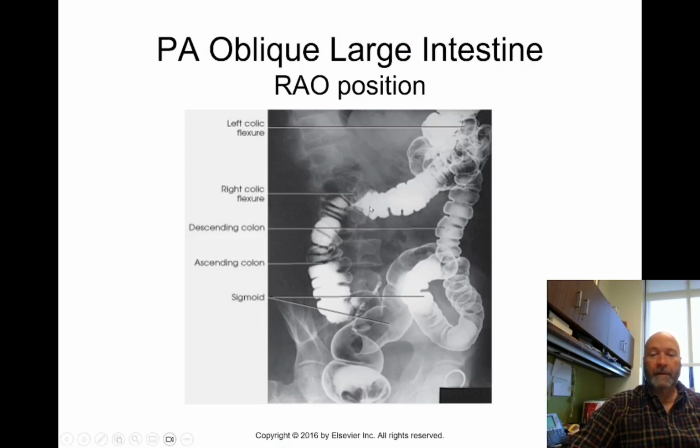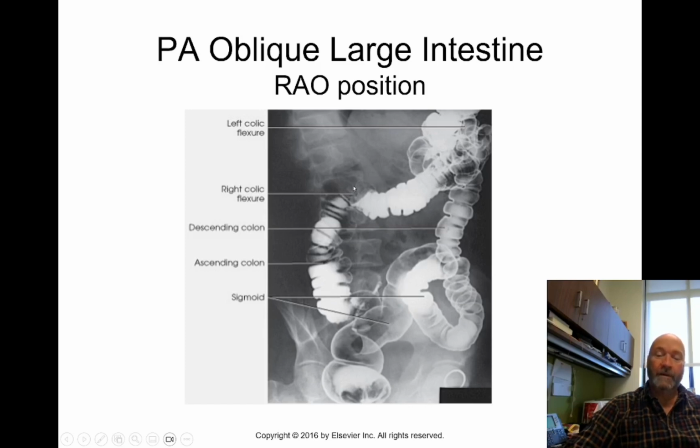Sometimes things seem a little bit counterintuitive. So this, if you notice, is marked RAO position, which means that the right colic flexure should be closest to the image receptor, and it should be full of contrast. Because this marker down here, which you don't see except in textbooks anymore, or if the college has a library of old x-ray films, is where we used to put the patient's name and their information, their date of birth and things like that. So this being on this side of the patient indicates to me that this truly was an RAO